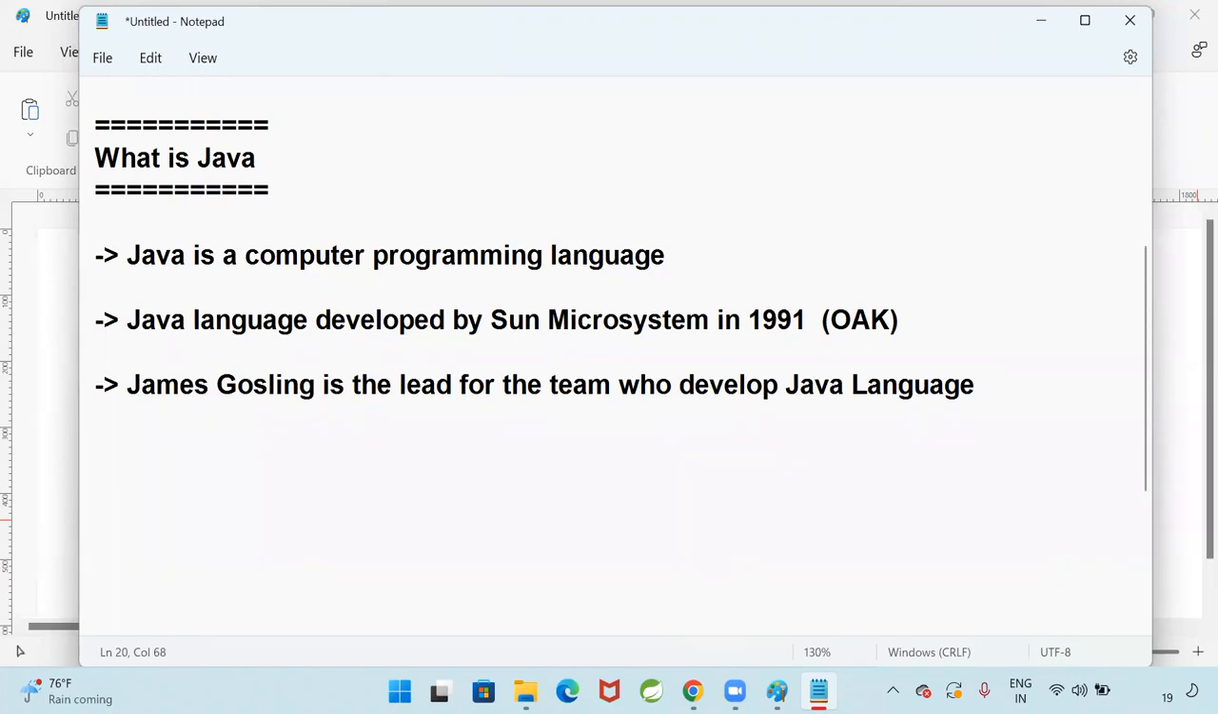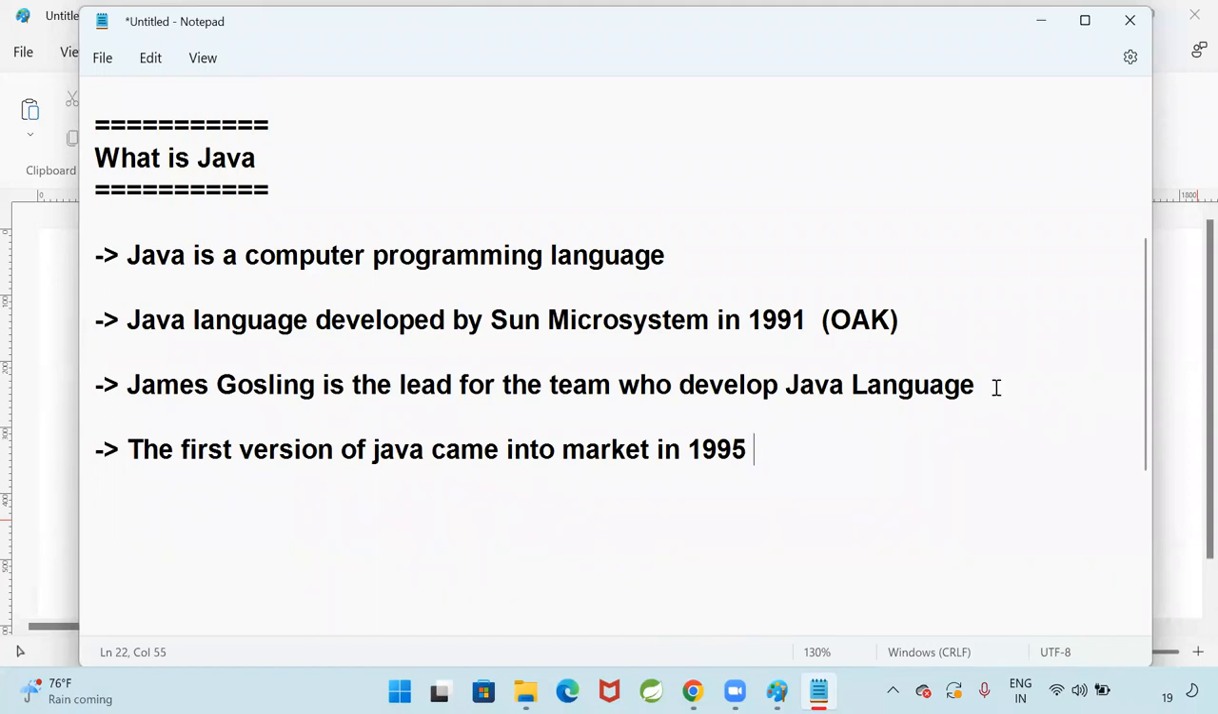That's why people call James Gosling the father of Java. He was the team lead for the team who developed this Java language. The first version of Java came into the market in 1995. After that, in 2010 or in 2011,